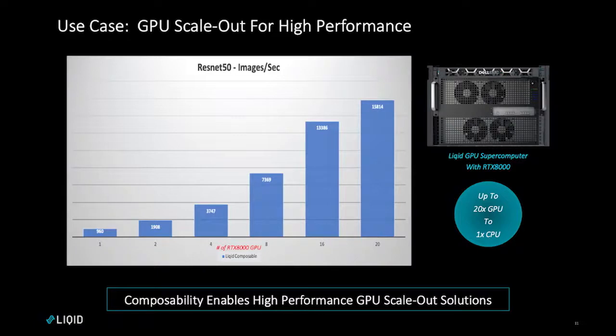And another solution that we've built is the one that we're showing here, around high performance GPU scale out. And this one's important to us because we've actually done it in partnership with the team at Orange. So there was a use case where we wanted to build a very, very high performance GPU centric solution. And so what we did is we took a standard 1U server, and to that we attached 20 GPUs. 20 GPUs is actually more than anybody else on the market can do today.